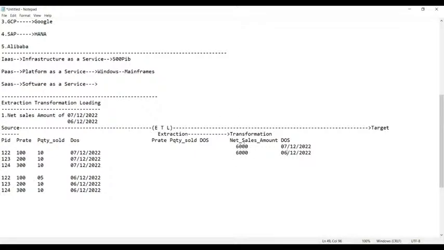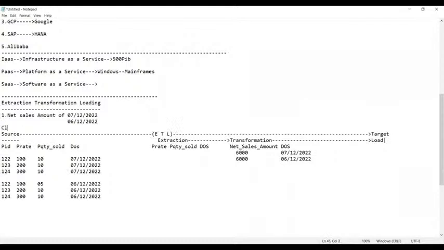Guys, two lines of data, where this is the actual process of transformation. And once the transformation is done, finally what do we do, guys? We load the data. We load the data into the target system, whatever we have. Okay, everyone. So now, guys, to perform this process of extraction, transformation, and loading,